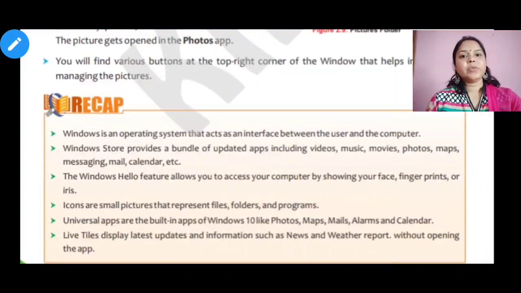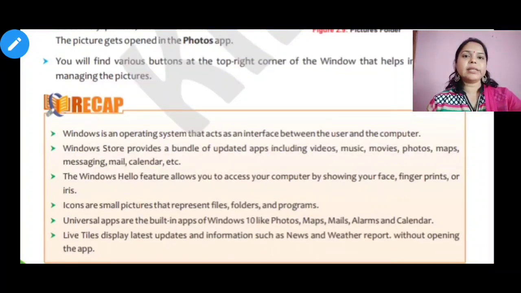Next is universal apps are the built-in apps of Windows 10 like photos, maps, mails, alarms and calendars. There are so many universal apps that are already installed in Windows 10. From there we can use any type of application like photos, maps and many more. And the last one is live tile. This was also introduced for the first time in Windows 8.